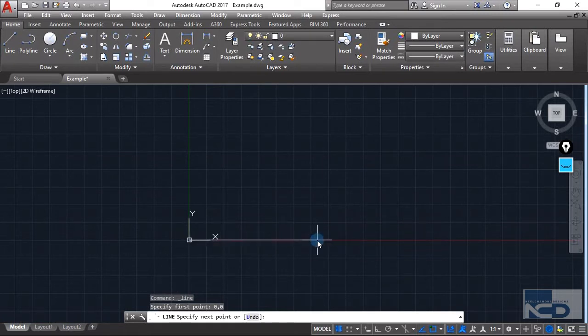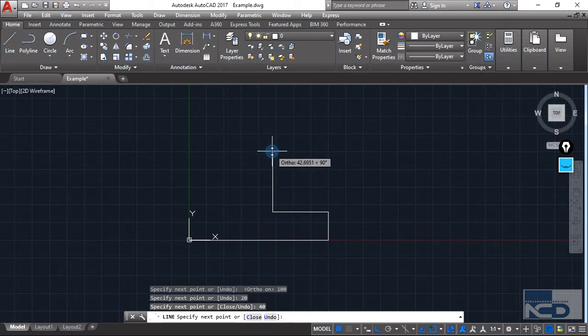and we have to create a straight line over here. Creating a straight line randomly is a very difficult task, so we are using the ortho mode over here. Just activate this ortho mode and you will automatically get straight lines. In this direction I want the value as 100, so I'm putting 100 over here. Then in the upward direction we will make it 20. Over here we are making it 40, and over here we are going to make it 60.